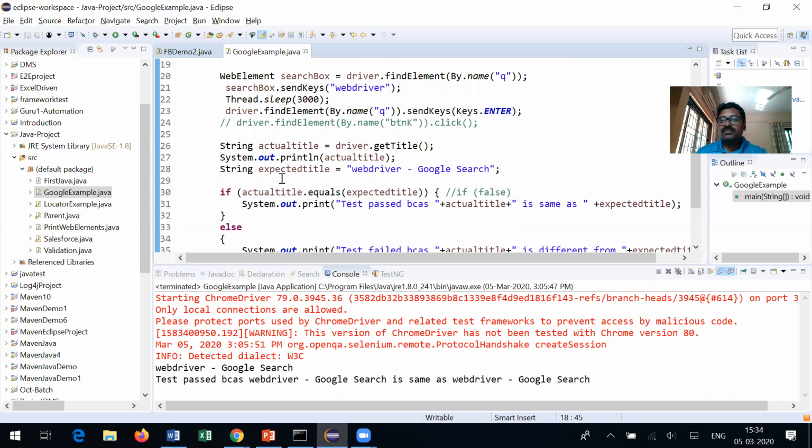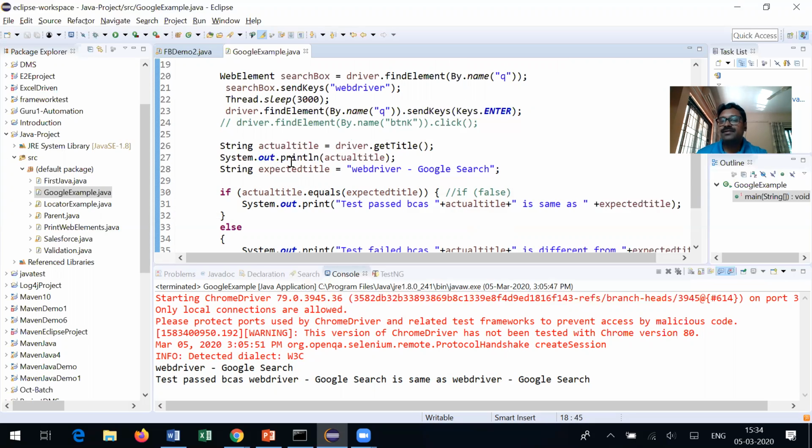And then after getting the search result, I'm comparing the actual title versus the expected title of the Google page. So driver.getTitle will return me the actual title, and initially I'm expecting the title as "WebDriver - Google Search" as my expected title.